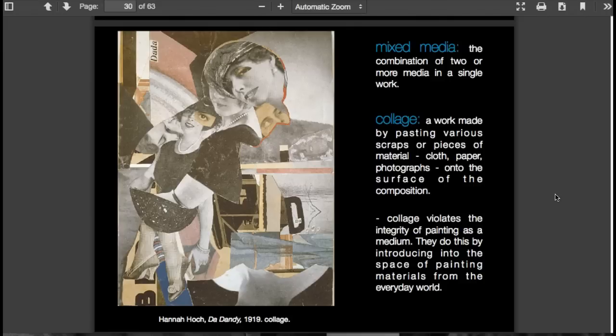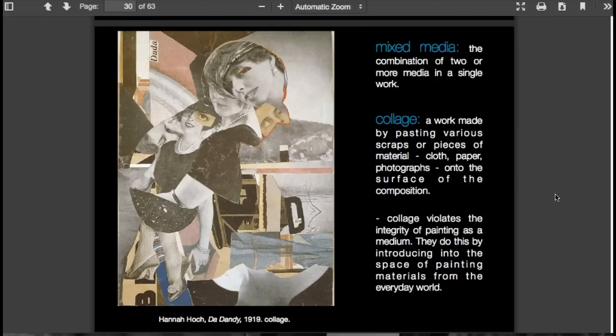Okay, let's look a little bit at mixed media and collage. And so in mixed media, we are combining two or more mediums in a single work. So it might be painting with collage, it might be sculpture with painting, whatever it might be. We have mediums that traditionally tend to be separate, combined together. And then we have this term collage. So this is a work made by pasting various scraps or pieces of material, usually cloth, paper, photographs, onto the